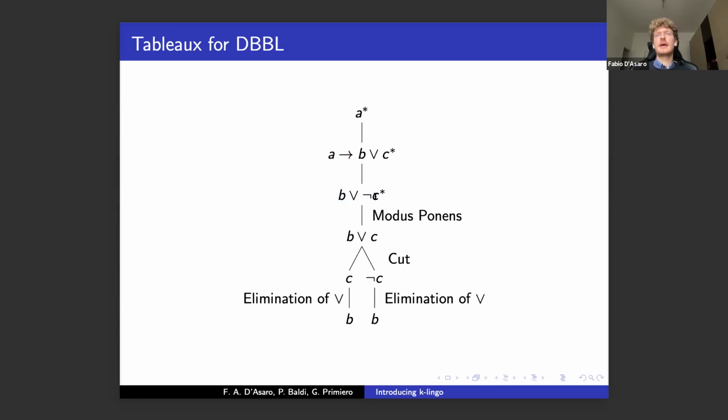For example, you can apply modus ponens, which is a classical syntactical operation, until you reach a point where you have to perform a cut. So a cut is a guess. When we reach the cut, we have to guess whether some proposition we are unsure about